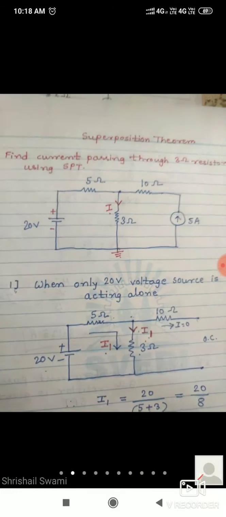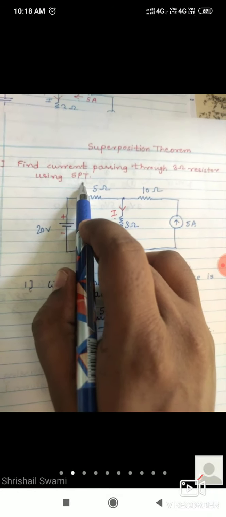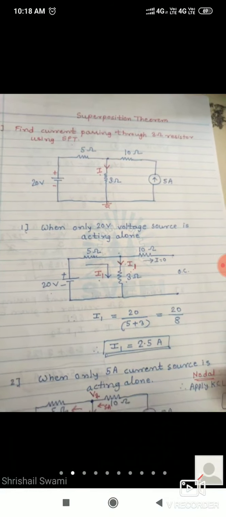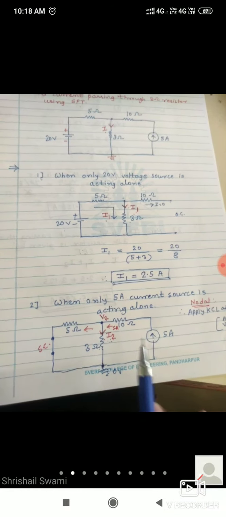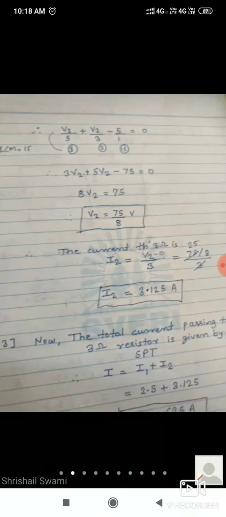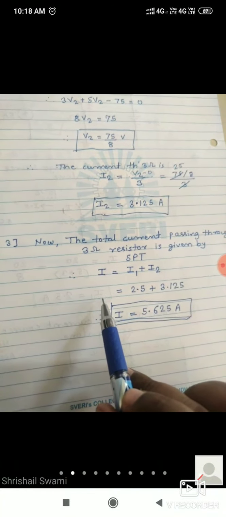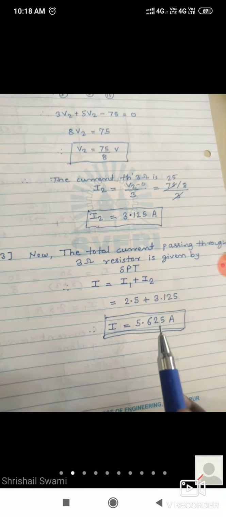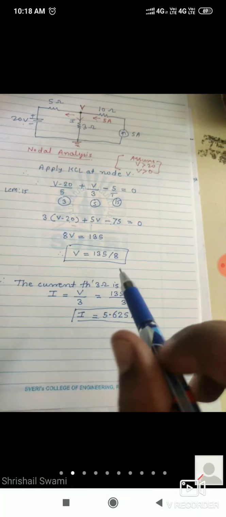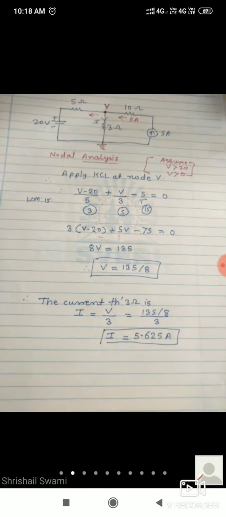But what is the question? The question here is: find the current passing through 3 ohm using SPT, using the superposition theorem. Okay, so you must follow the rules of SPT only. It means one source you have to take at a time and you will get one response. The second source you take the second time, you will get one more response, that is I2. And finally you have to add those responses by the superposition theorem, I1, I2, you will get the answer. There will not be a shortcut method without the superposition theorem. Means without the superposition theorem you cannot solve a problem like this. You must follow the procedure of the superposition theorem.